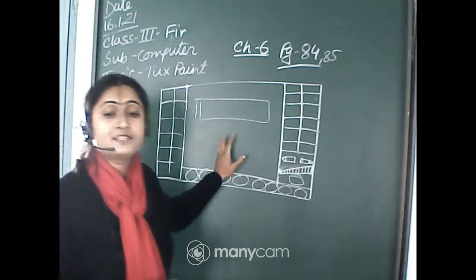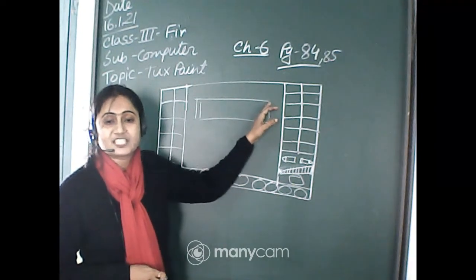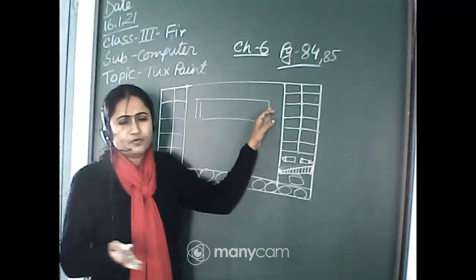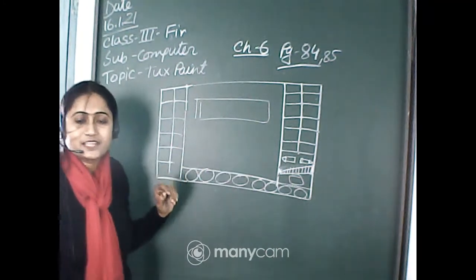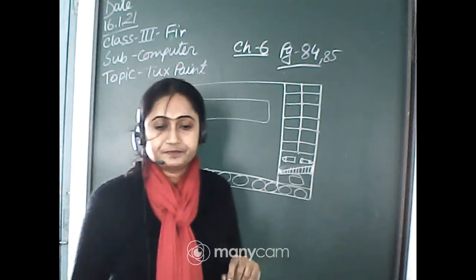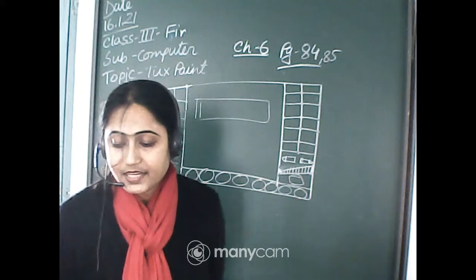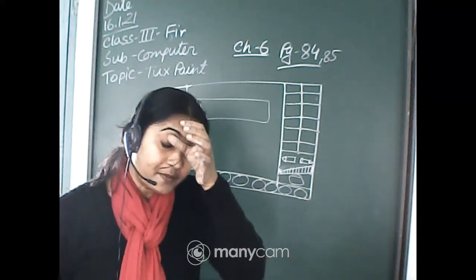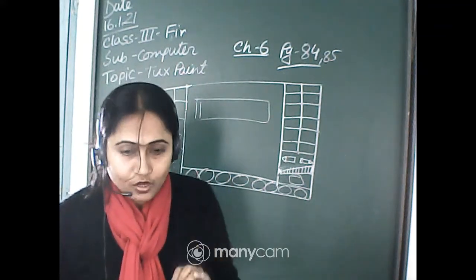And when you write something, suppose you have made some mistake. Suppose you want to write A but it's written O. That means you have to rub the letter. How? Using the eraser tool you can rub. To delete text, use the eraser tool. Suppose you have written a full sentence, if you want to rub it or any part of the text, you can use the eraser tool also. Clear?